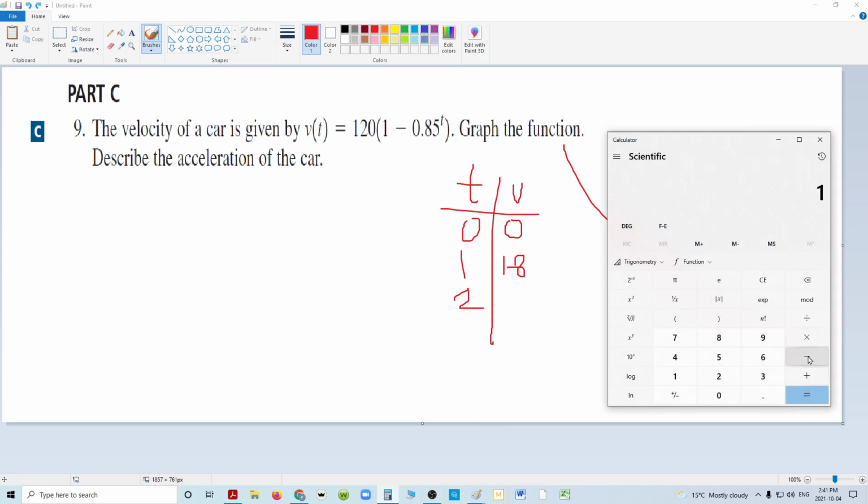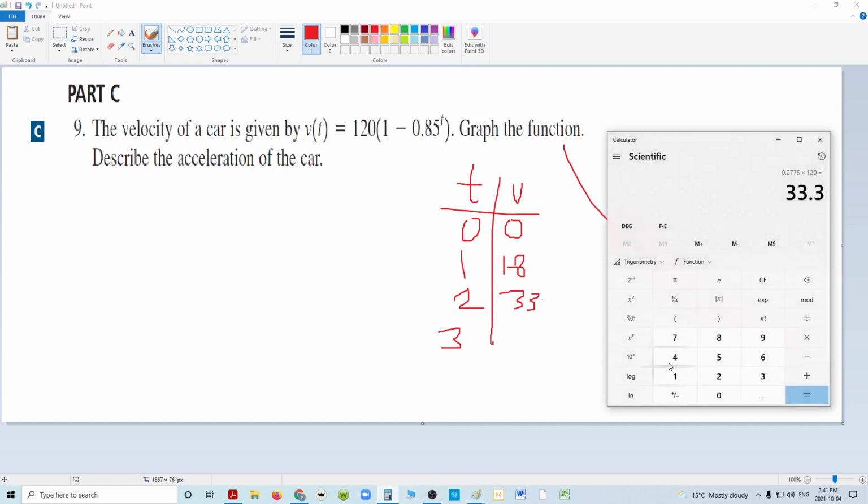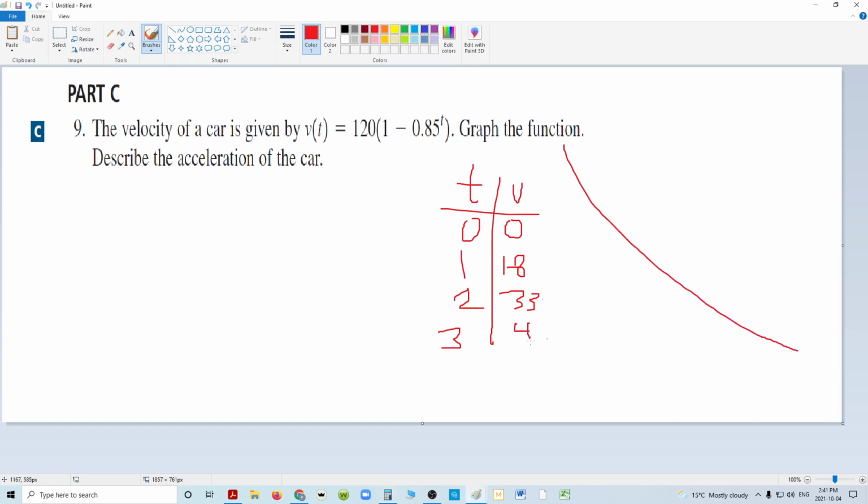So it's 1 minus 0.85 to the exponent of 2 times 120, which is 33. Looks like it's close to doubling. 3. It's going to be clear. 1 minus 0.85 to the power of 3 times 120 is 46.3. So if I'm going to graph it,